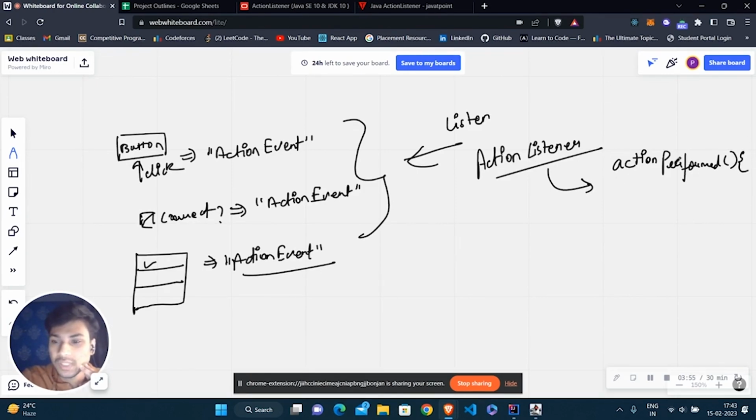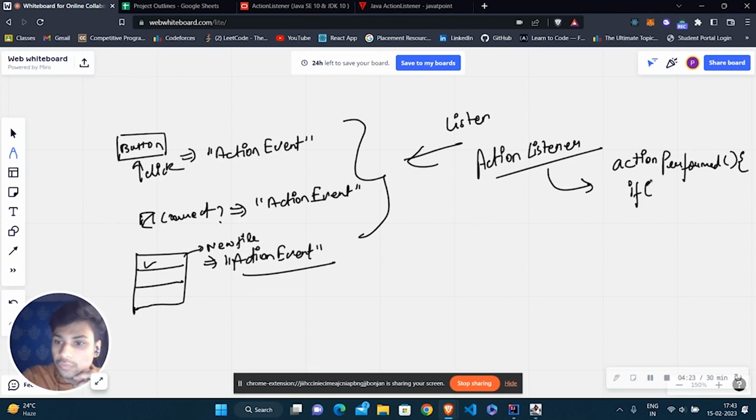Now suppose there's an action event on this menu. In this method, we will define that if this action event occurs, then we will do something like that. Suppose this is New File, and an action event has occurred on New File.